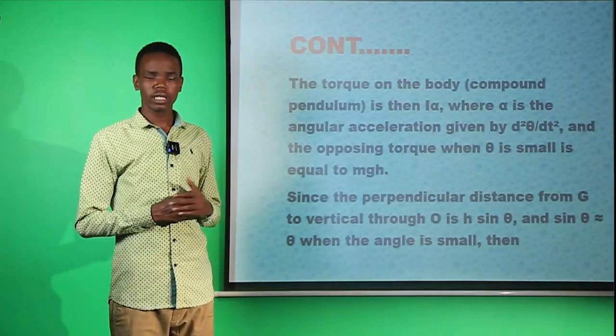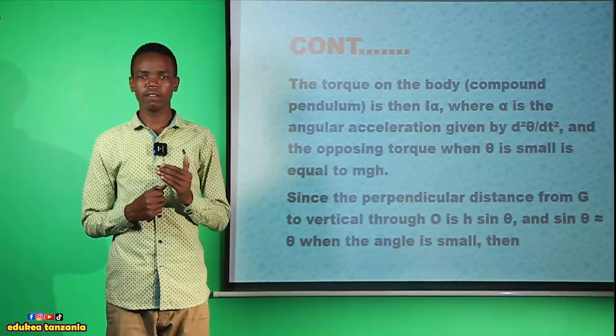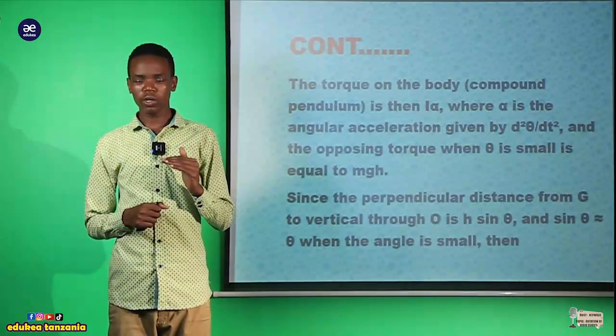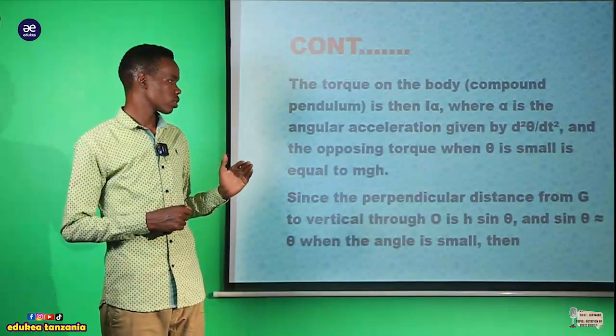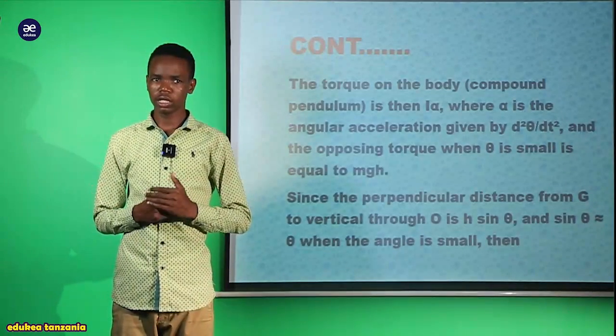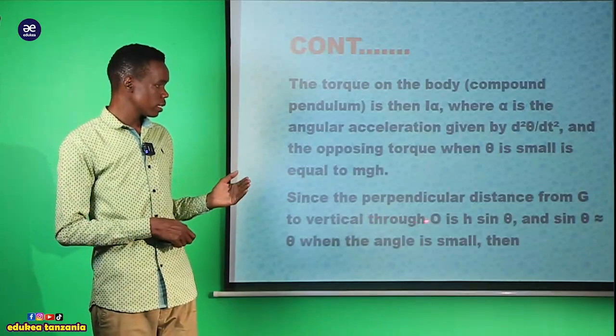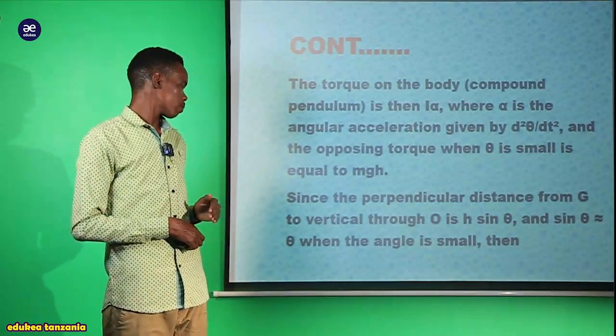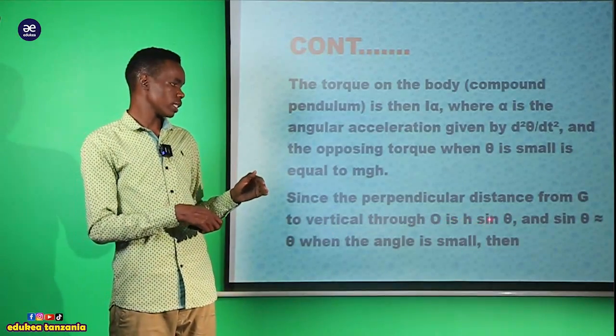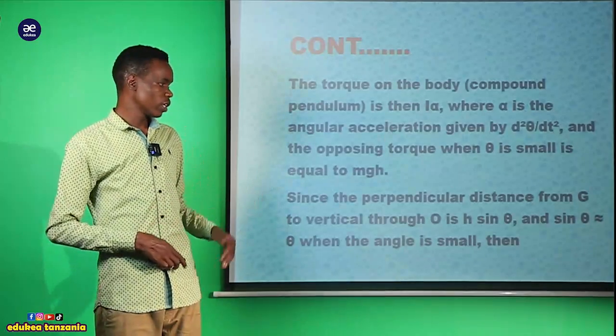When the angle theta is very, very small, the torque must be equal to mgh. This could represent the torque. Now, since the perpendicular distance from G to the vertical through O is h sin theta, as we know that